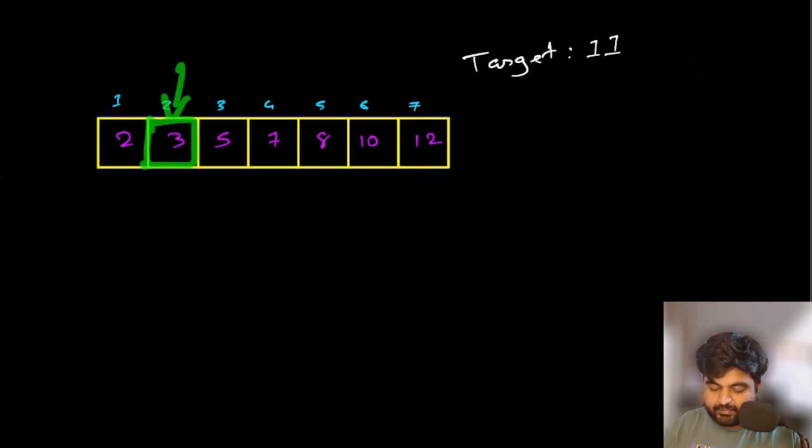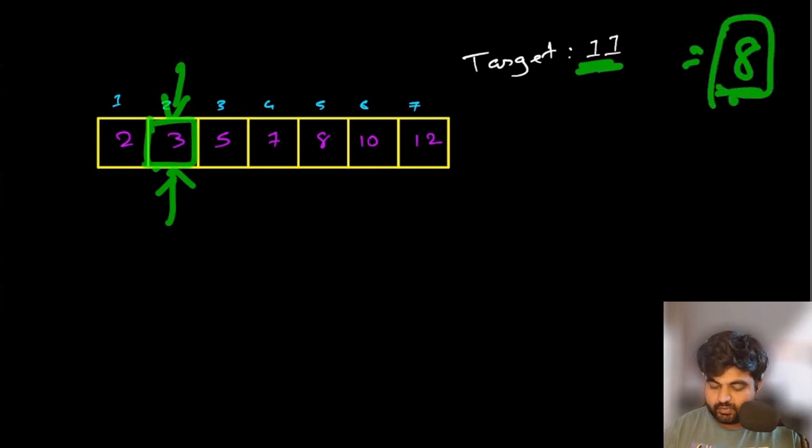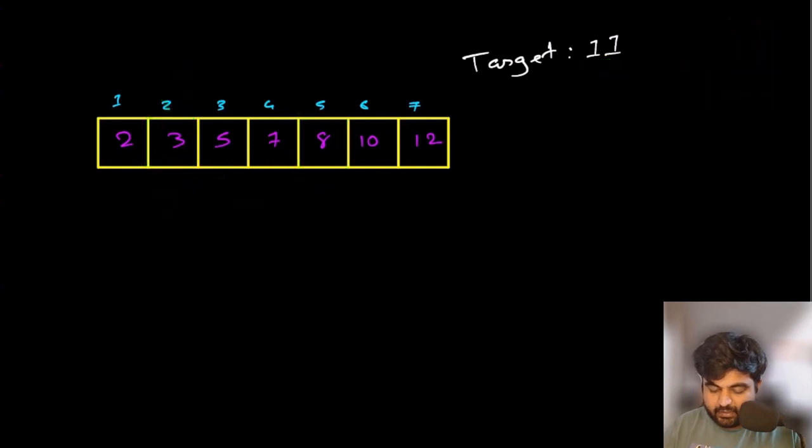Now we are at value number 3. If we are at value number 3, which means for the target we need to have value number 8 present somewhere. So again, we will check whether value number 8 exists or not. Lucky for us, in this case, we found out that value number 8 is exactly here. And the moment we find out, we need to return the index values of both of them. So we can return the value as 2 and 5 in this case. This is the answer.